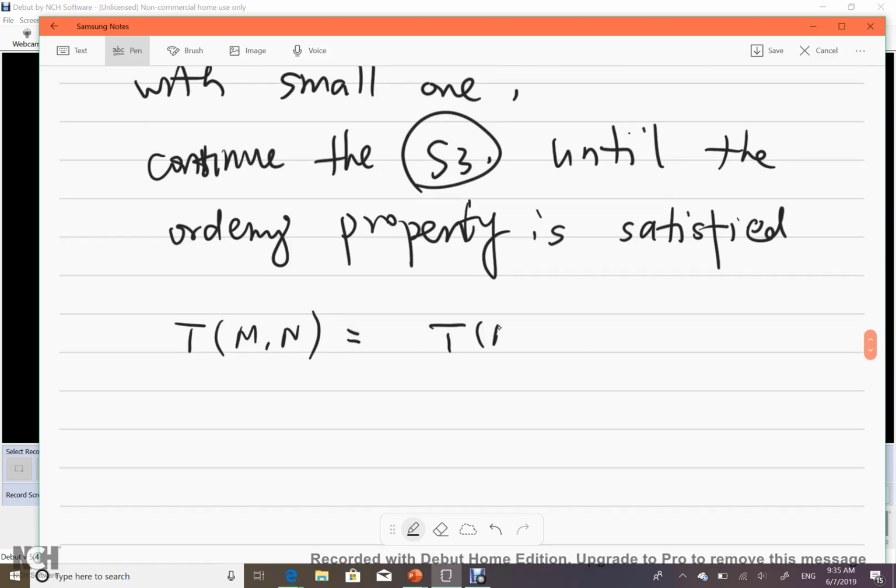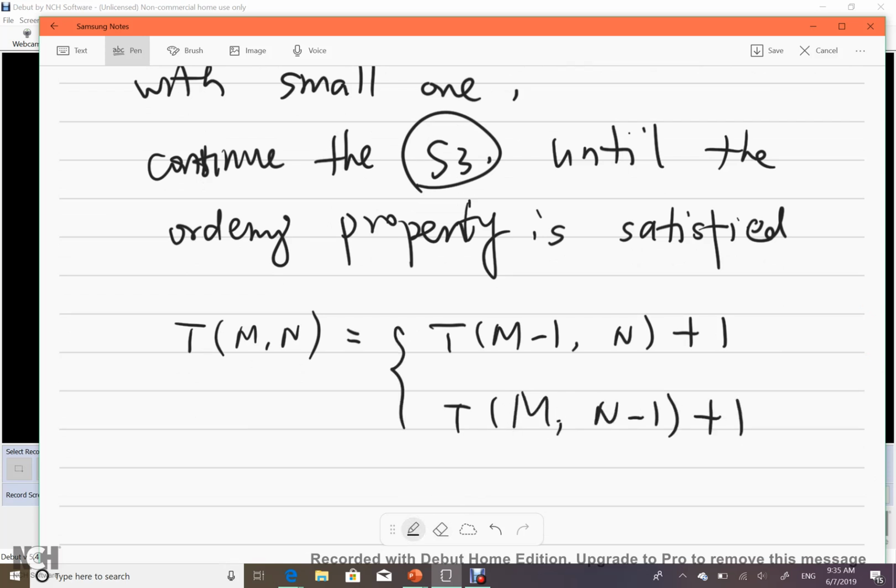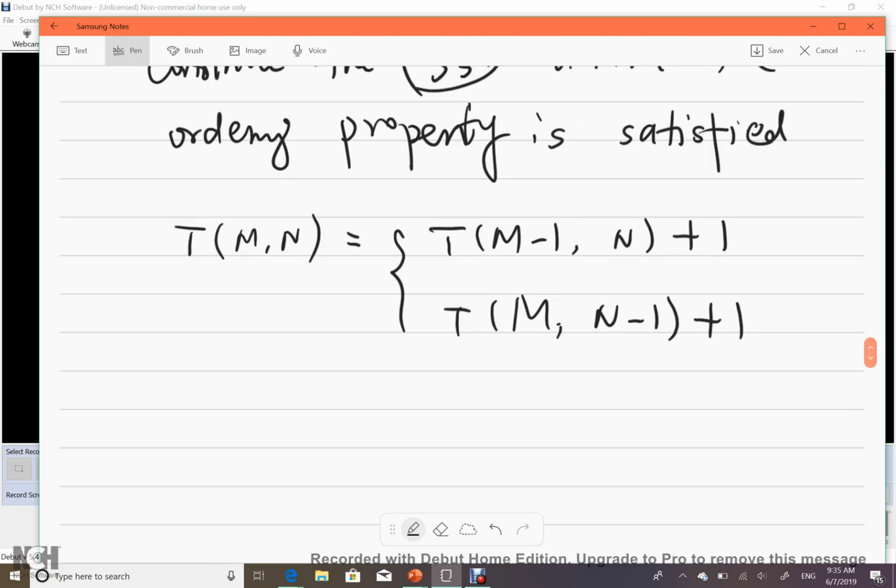Either T(m minus 1, n) plus 1, or T(m, n minus 1) plus 1, right? Either one. So in that case, it is O(m plus n), right? Total together,